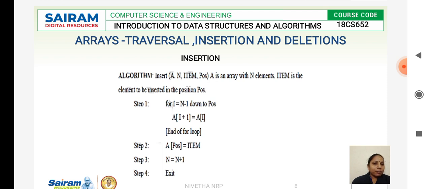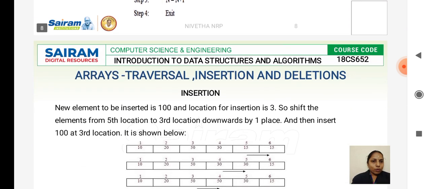Now what happens? My array size gets incremented, so n is n plus 1. What is n here? N is the array size. Since I have inserted an element there, I have to increment my array size by 1. That is why n is equal to n plus 1.